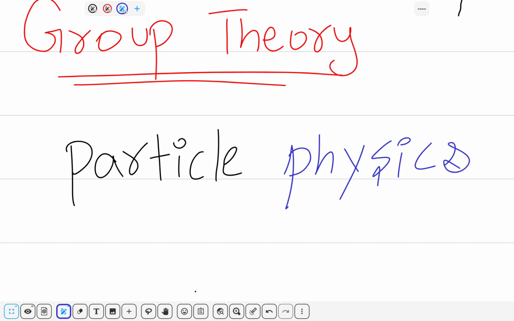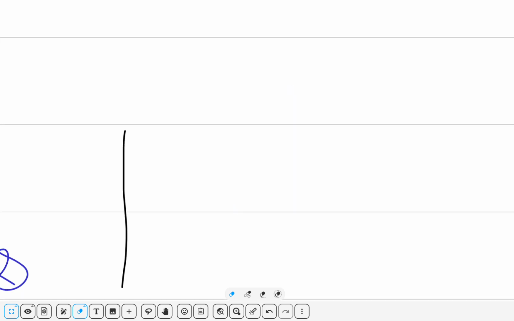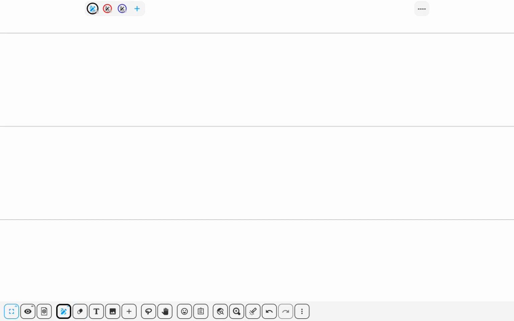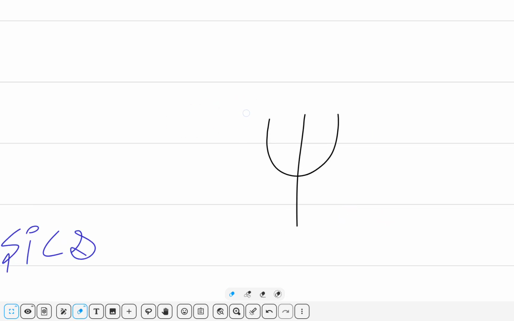Apparently, people said that to me, and the reason group theory is important is whenever you have a symmetry, you get a group. What that means is, as far as I know, if you have some system, any system, I will use this symbol for that, some wave function of some system, and you transform it, and when you transform this system with some operator,